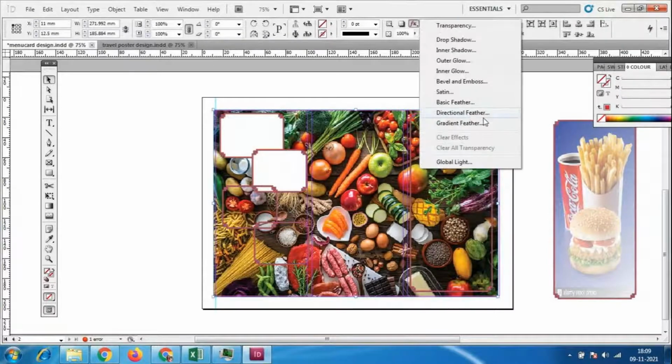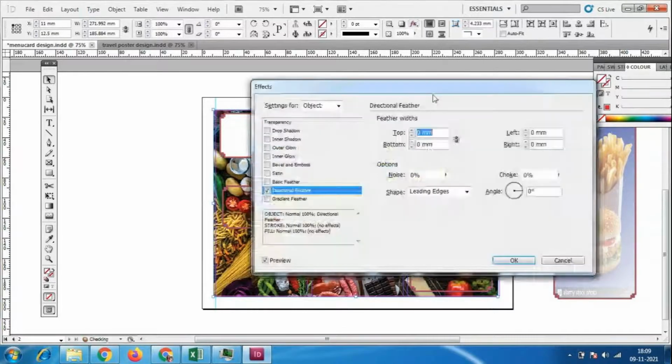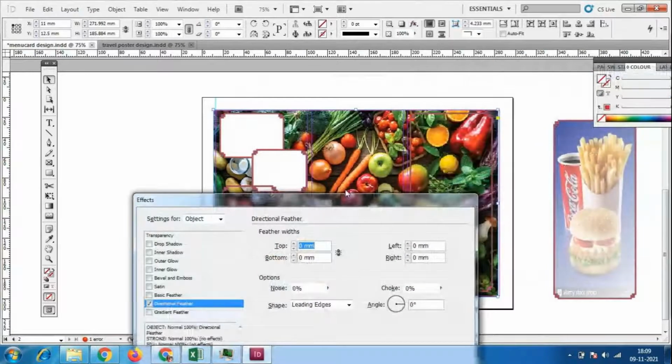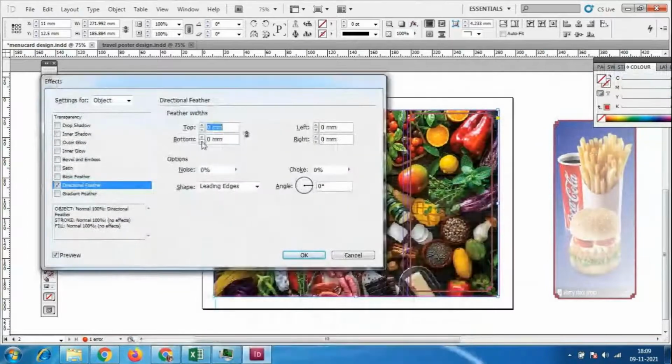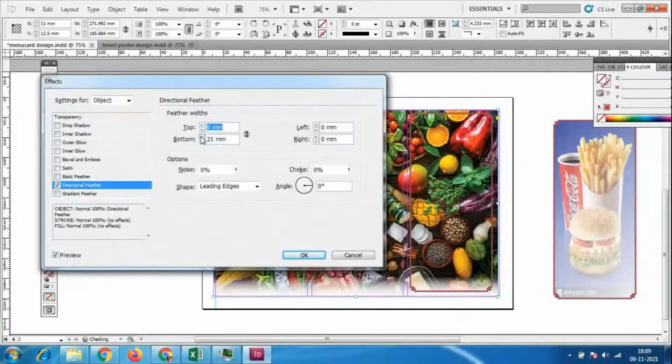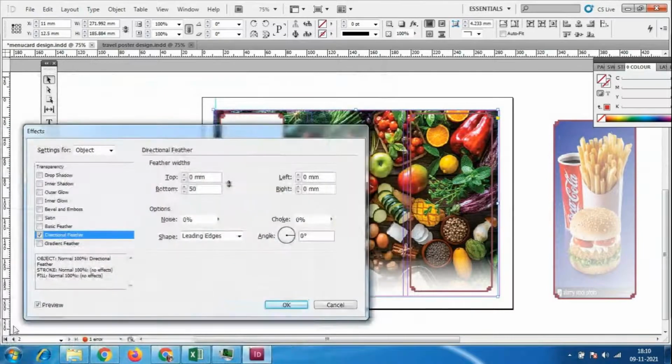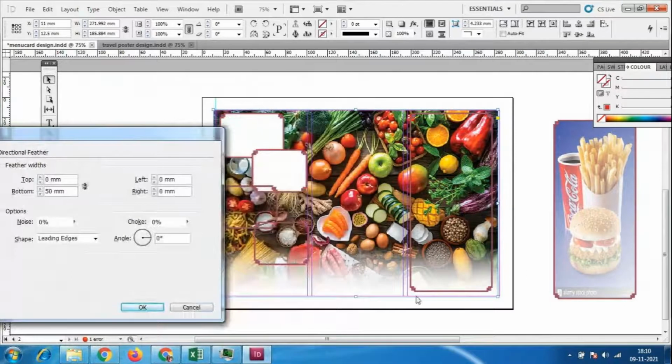If you use this directional feather, here there is bottom, from the bottom. However much feather you need, look at the feather from the bottom. We have the feather like this. I'll give 50. So I have given the feather from the bottom as 50.